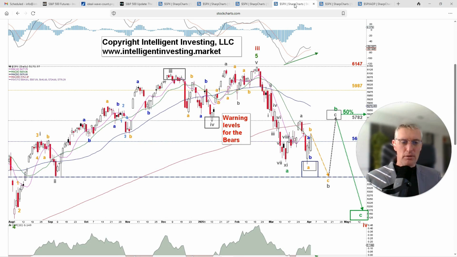We're going to revisit the August lows, or the market has a few more tricks up its sleeve. We're going to hold 5400, and then we rally to about 5800, potentially still 6000, and then we see a bigger decline. This rally going to 5800, 6000 can last for about 2-3 months. It can really last that long. The bounce here, as you can see, just wave A was almost a month. All right, the bounce here was also almost a month. We're going to add 2 more months to it, and we'll already be mid-June, and then the C wave will get us probably into August, September, somewhere around there.